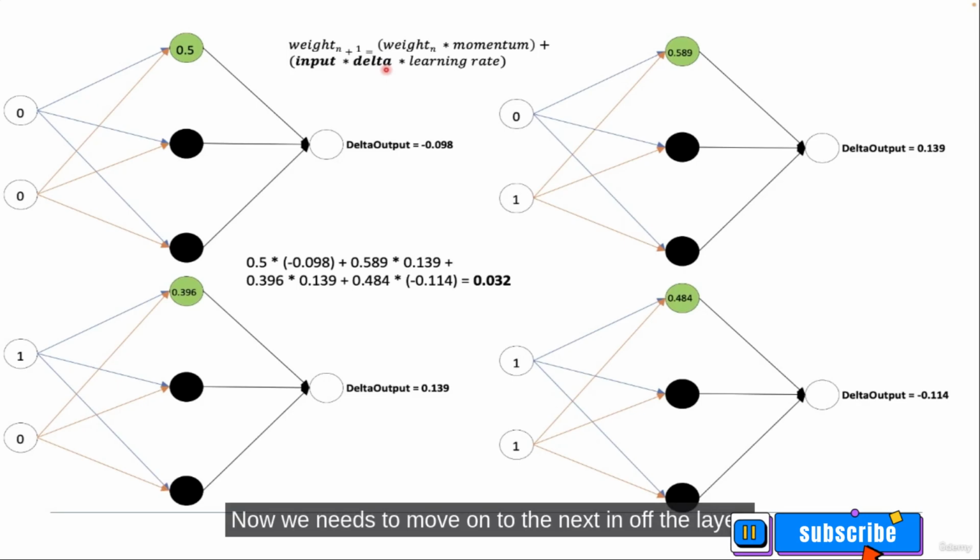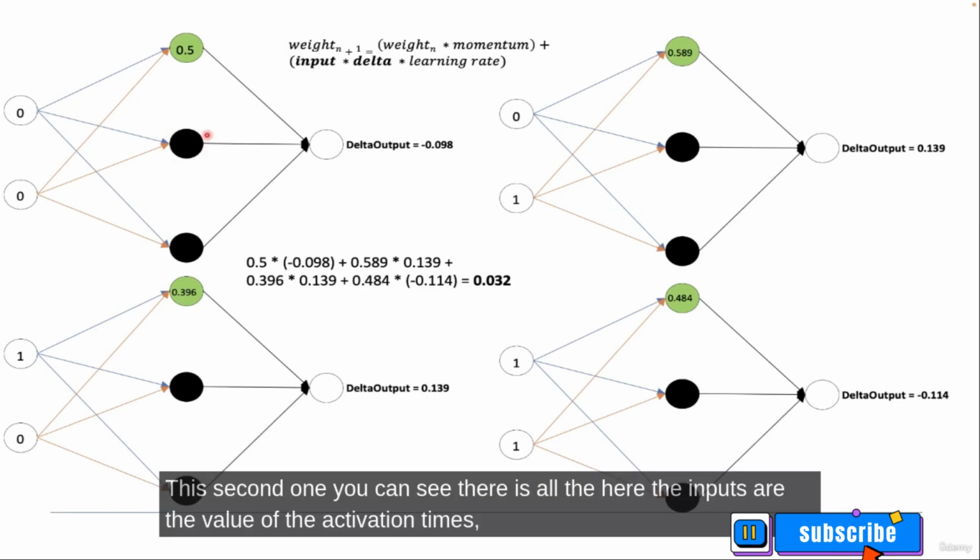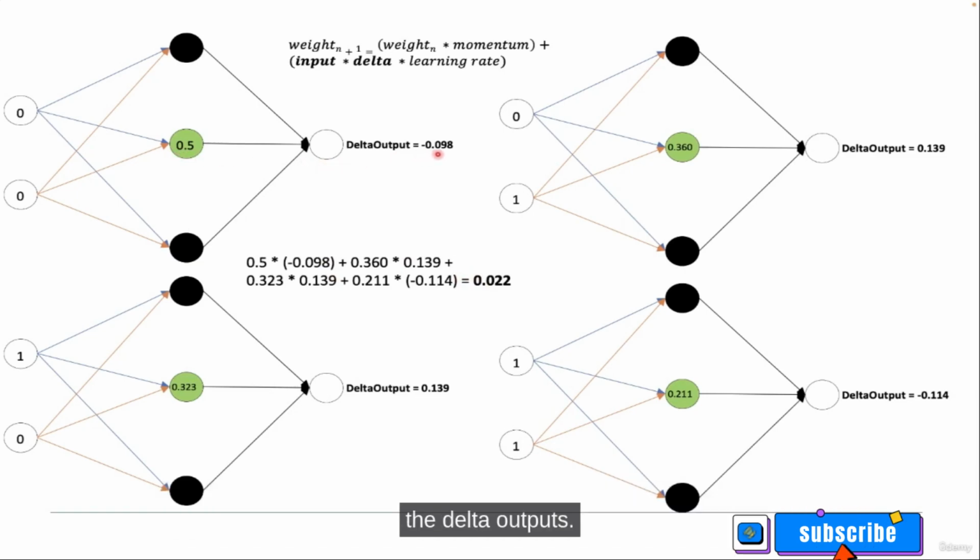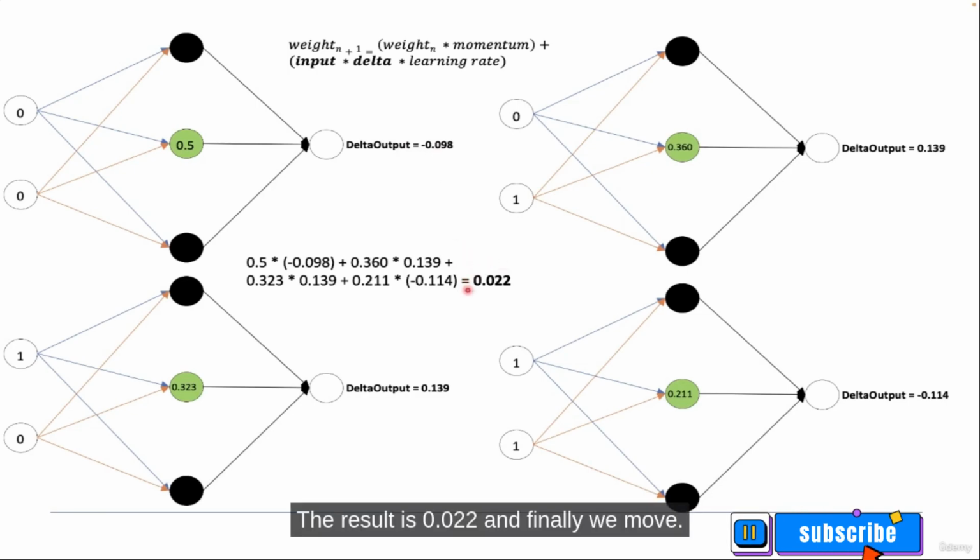Now we need to move on to the next neuron of the hidden layer, the second one. You can see the result here. The inputs or the value of the activation times the delta outputs. The result is 0.022.